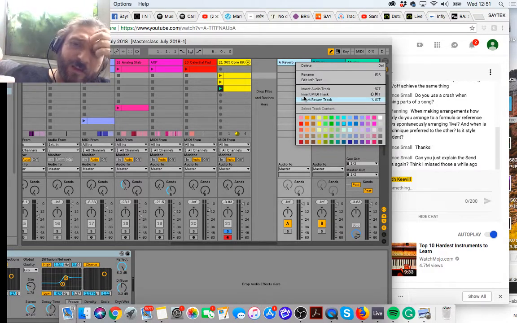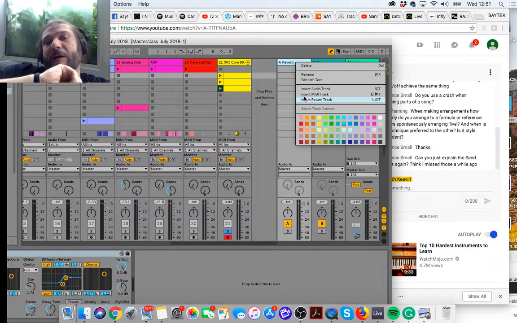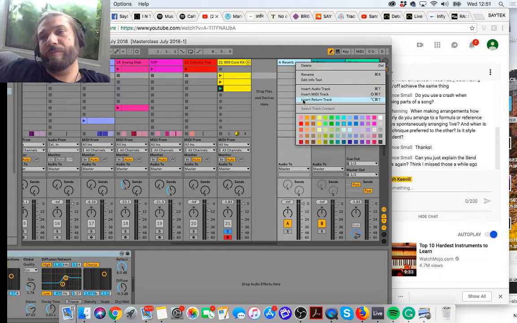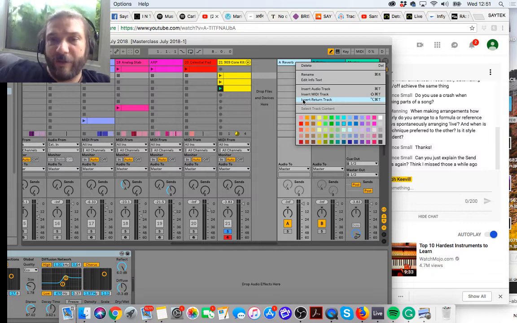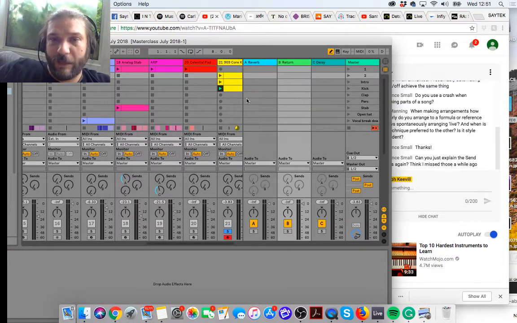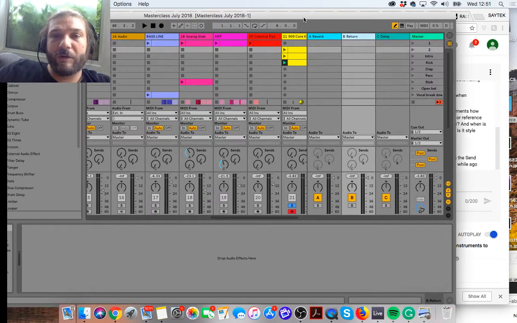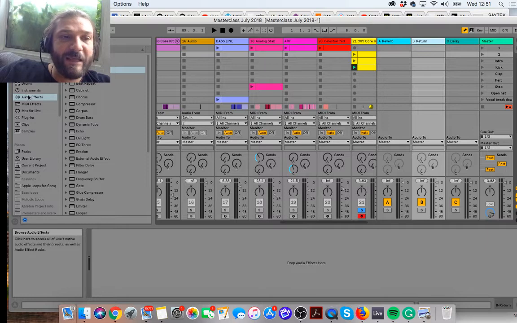Well, I don't think it's as many as I want. I never know the limit on return tracks. Actually, I don't know how many you can add. I'm guessing it's not unlimited, but you can add as many as you need. I've never run out of them. So there we go. And then you can name that track if you want, or I can drop any effect into that track. So let's go for